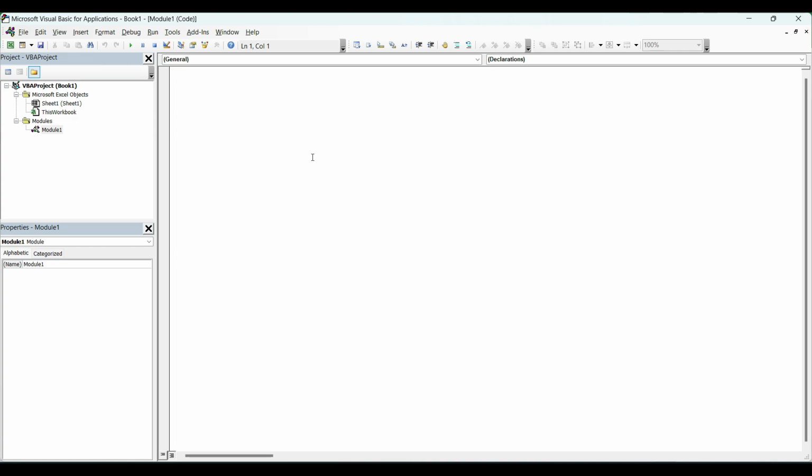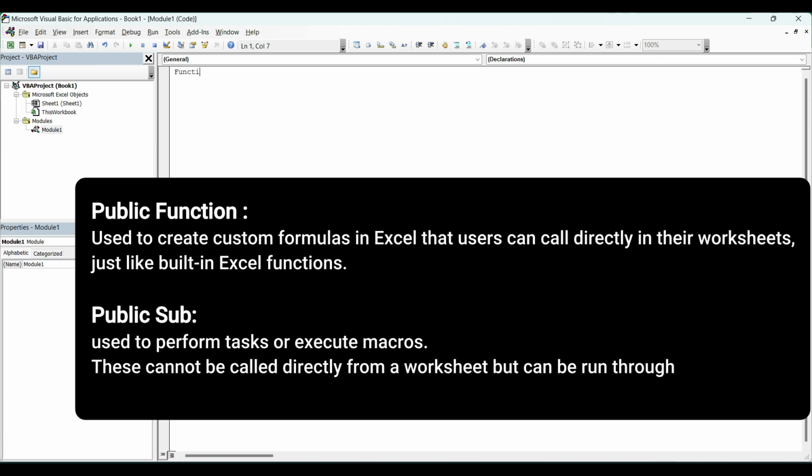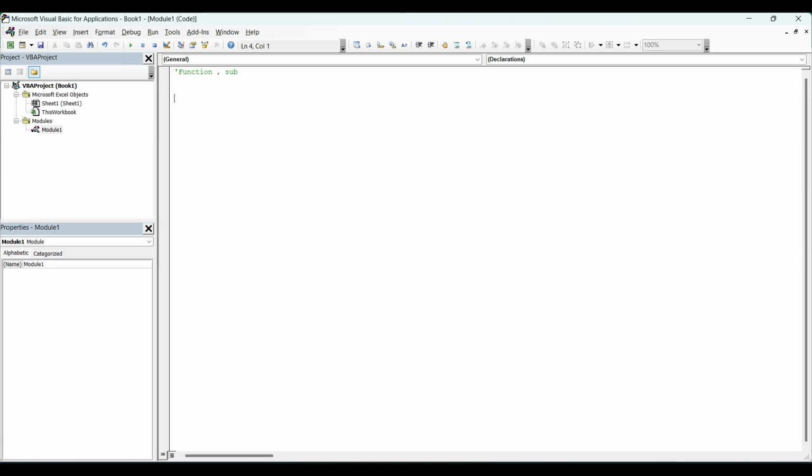Okay, so to create add-ins, there are two types of procedures, I would say. One is a function and the second is subroutines. Functions can be accessed throughout the formula. In a formula, you can use the function, and a subroutine can be accessed as an action. We are going to see both of them in this video, and to start, we are going to use a function first of all. So let's create a public function